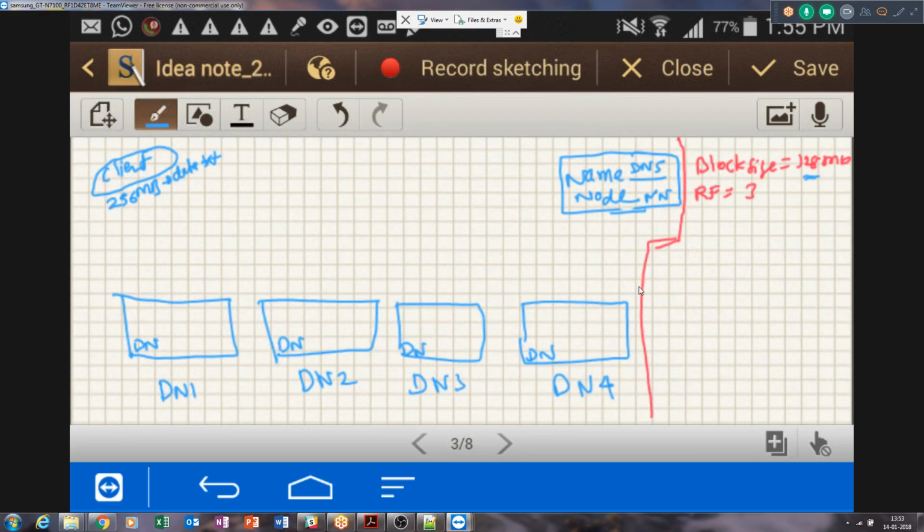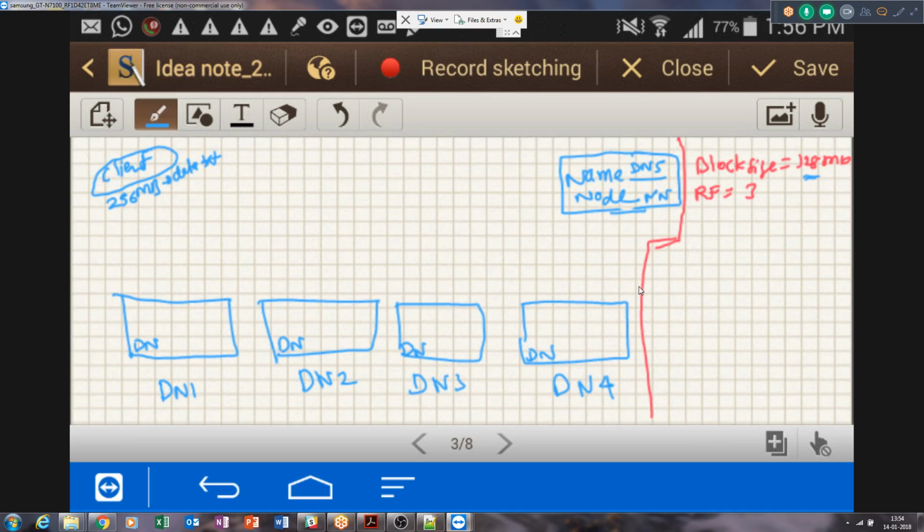Okay, the recording started. So basically, now we are trying to write the 256 MB of data into this Hadoop cluster. For us, on a single machine, it would be just like copying the data from hard disk or some other source into the hard disk of our laptop. This is what we are trying to do here.